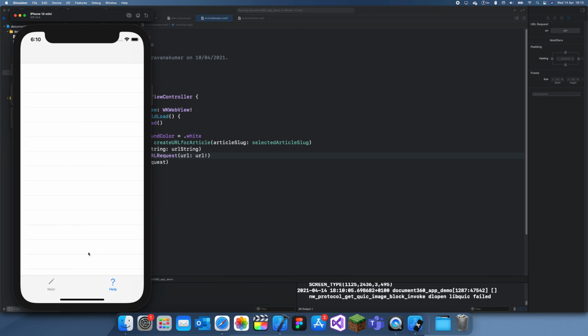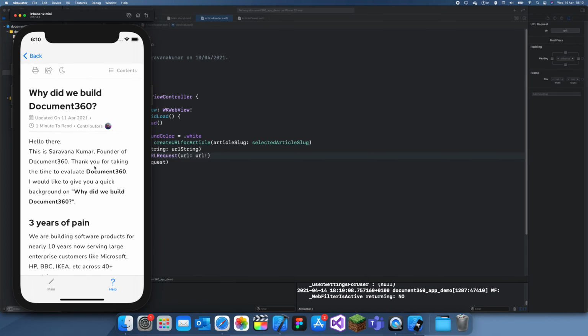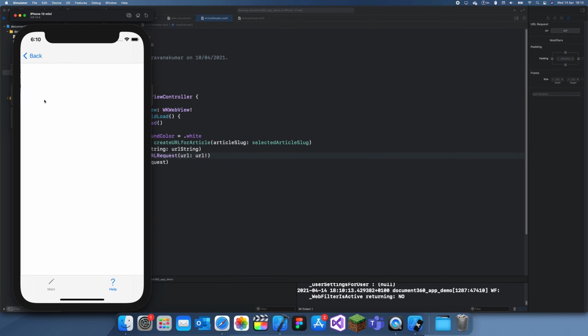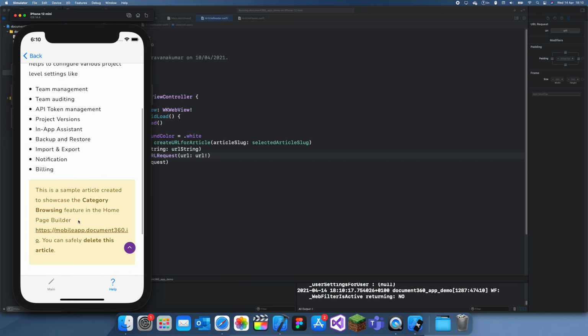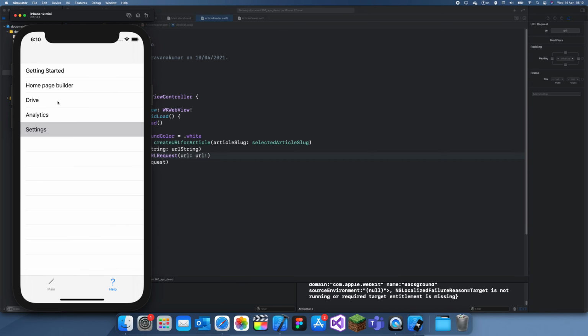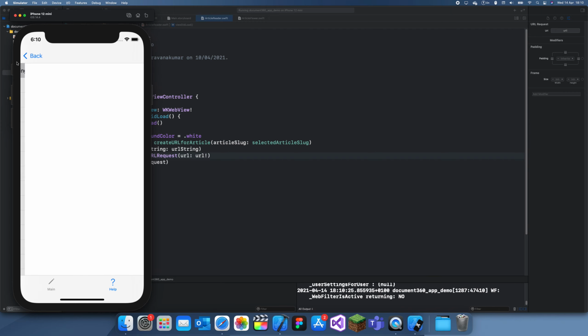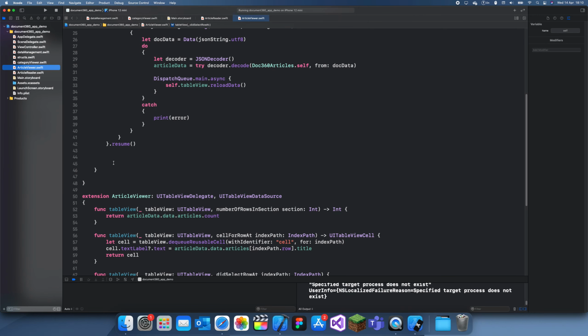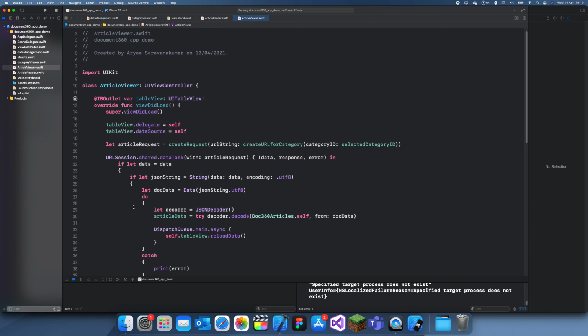So if we go to our help center, if we want to get getting started, click on this, and yeah, here it is. So if we click on this, this is the other article, settings, project admin settings, and yeah, this is just all of it. So we can polish it by adding titles up here, and also stopping these selections. And actually the way we stop these is pretty simple. All you do is you create a new